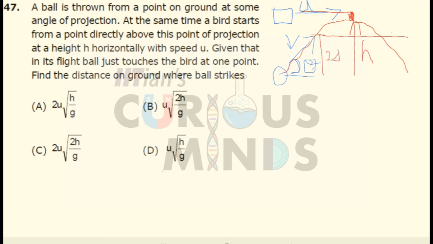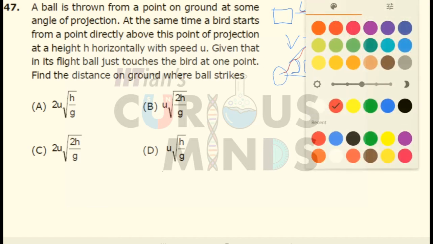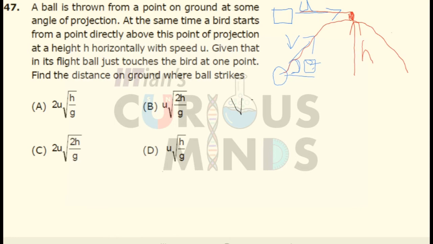Now how do I come to know that the height h is the maximum height? Because if you consider any two heights, let me say the maximum height is 30 meter, but this is 20 meter. The ball will achieve 20 meters at 2 points. Take any height, if I take 10 meter, it will hit at 2 points. But the maximum height will be achieved only once. So now the bird hits the ball only at a height h.